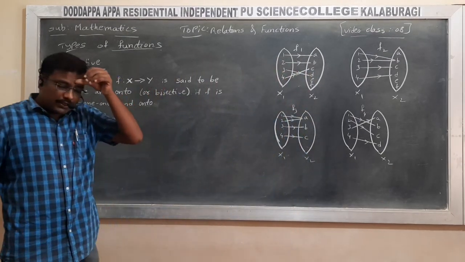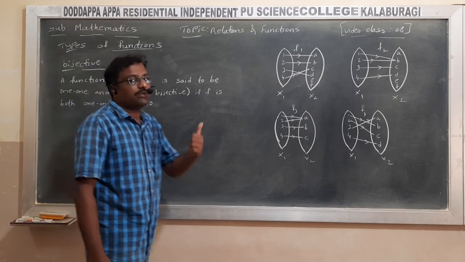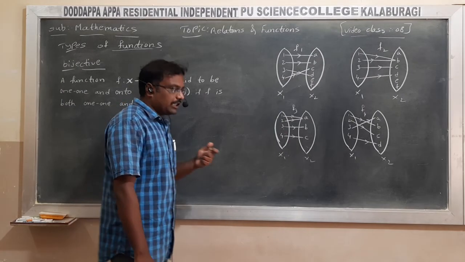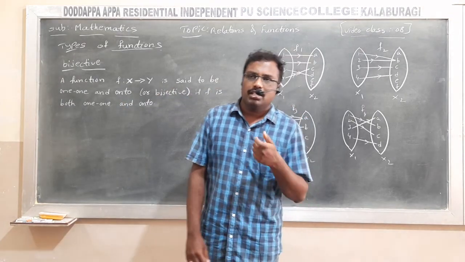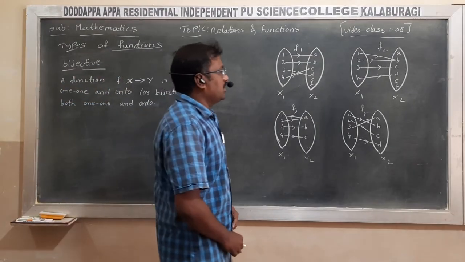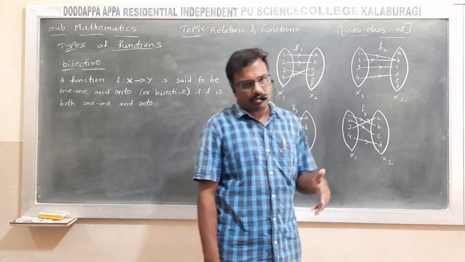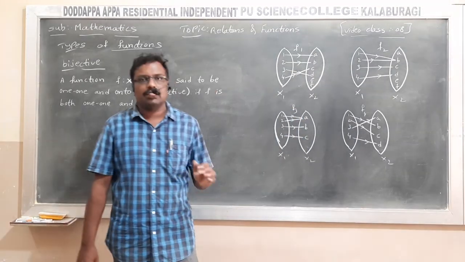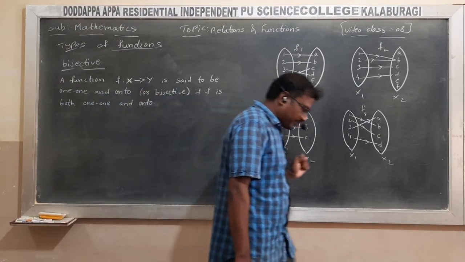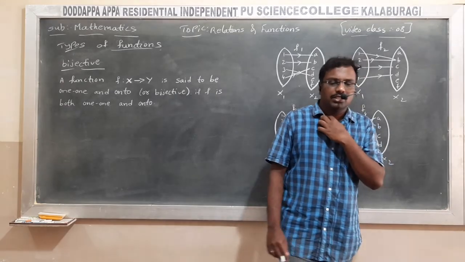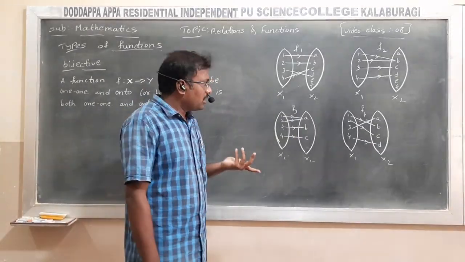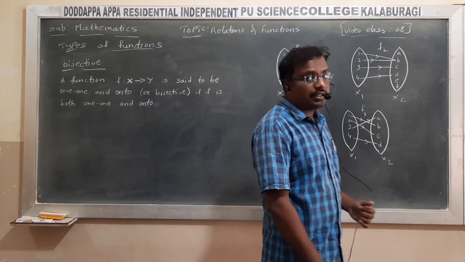Okay, is it clear? These three are very important. First, one-one function means different elements have different images, and if f of x1 is equal to f of x2 simplifies to x1 equal to x2, then it is a one-one function. For onto function, if you take f of x equal to y and find the f inverse, the value should belong to the given set. Third, bijective function means the function is both one-one and onto. Okay, is it clear?